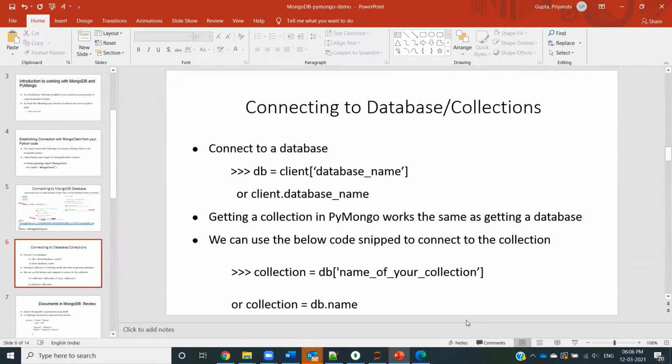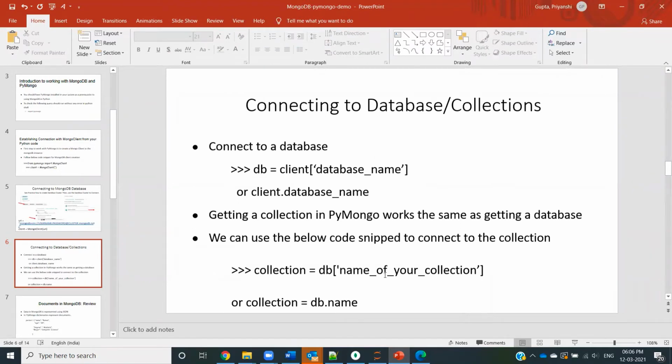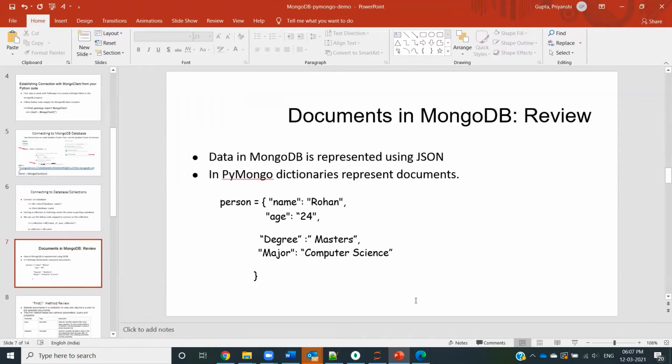And then I'll use the name of the collection that I want to get connected to in the same way that I got connected to the database. Similarly, there are two ways of getting connected to it. After this point, you will be able to access the specific collection that you want to analyze. So reiterating the documents in MongoDB.